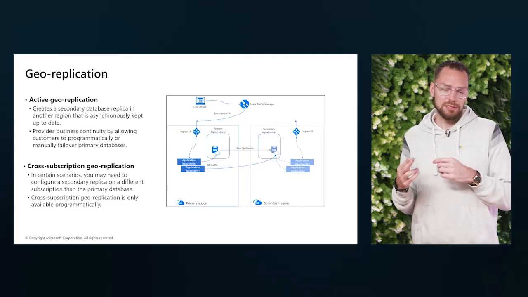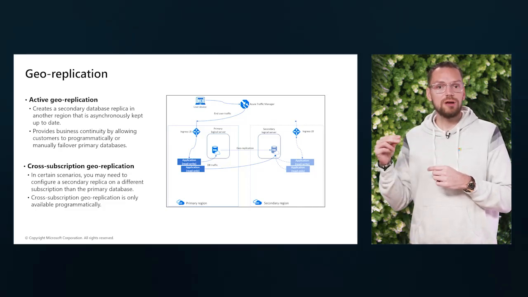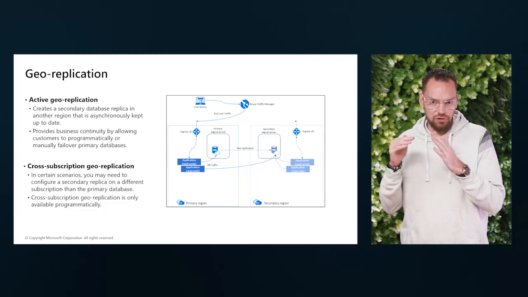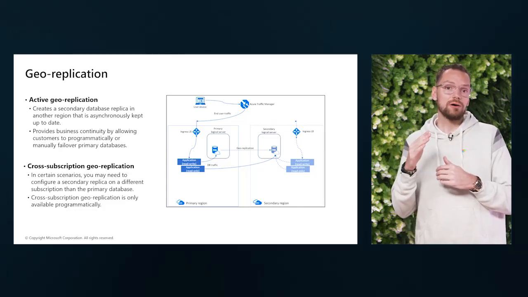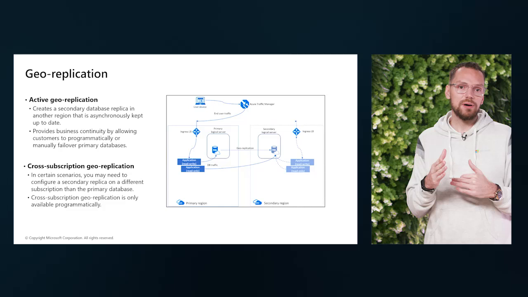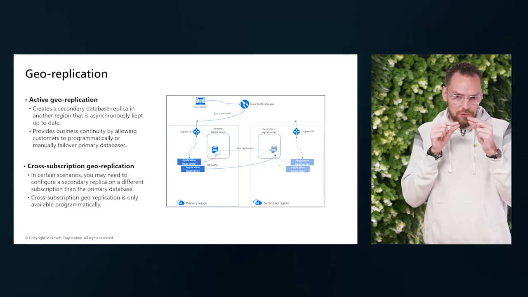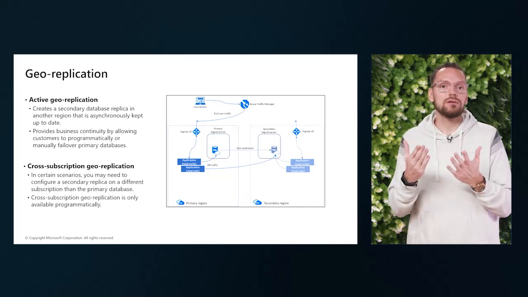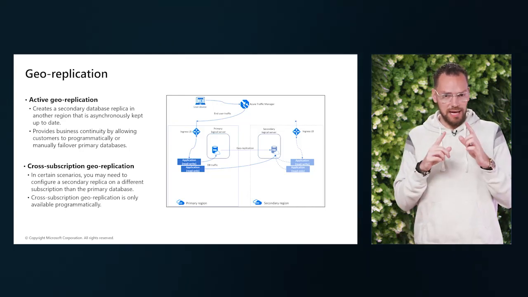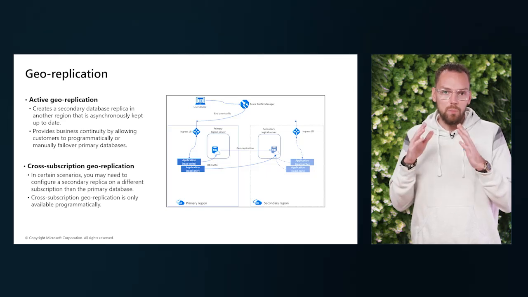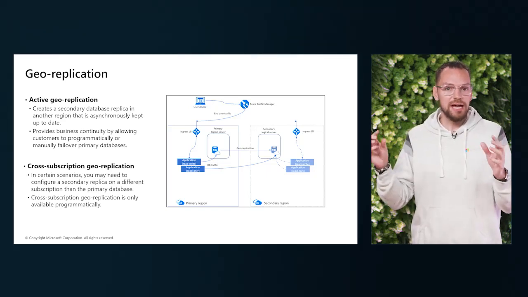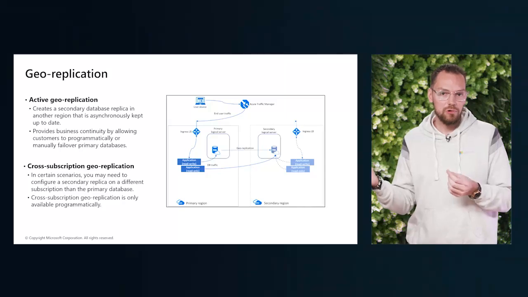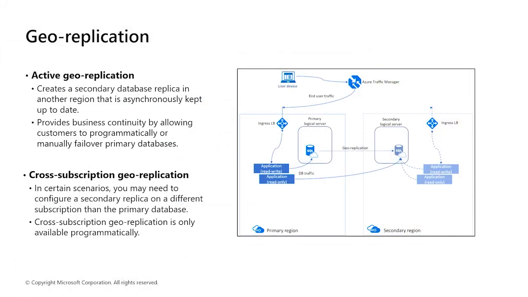Second approach is the active passive with hot standby, where the traffic goes to one of the regions while the other region waits on a hot standby. That means that the resources in the secondary region are already allocated, they are running, but they are not receiving any traffic yet. And then we have the active-active, where both of the regions are active and receiving the requests through a load balancer or else. So if one of the regions becomes unavailable, then it's taken out of that rotation and the traffic is already distributed on the other region.